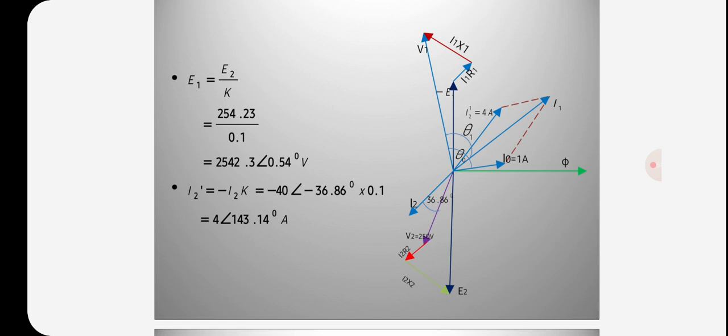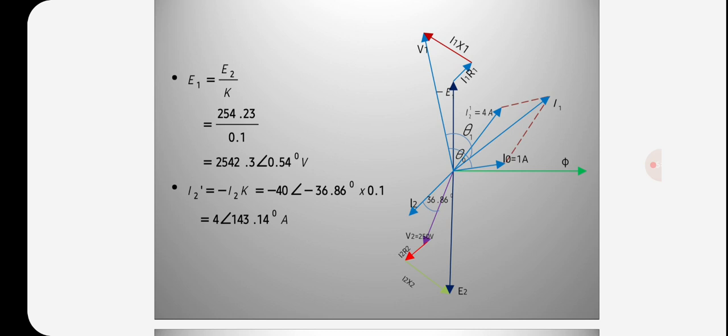The resultant of these is I1, and the angle made by I naught versus flux, that angle is no load angle, and theta 1 is the angle between V1 and I1. So here the minus E1 is in upwards y axis, and there will be I1 R1. This will be parallel to I1, and I1 X1 is perpendicular to I1 R1, and the equation is V1 is equal to minus E1 plus I1 R1 plus I1 X1.